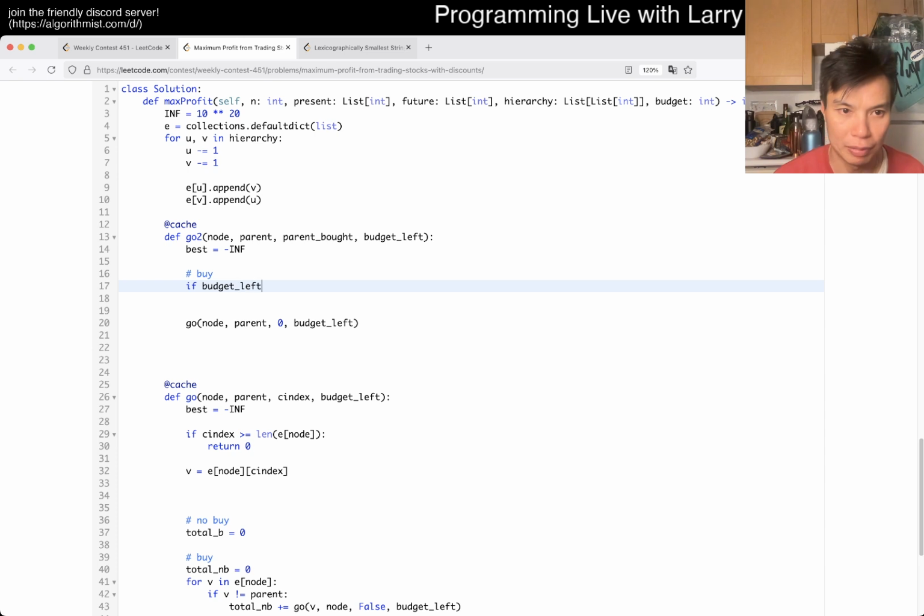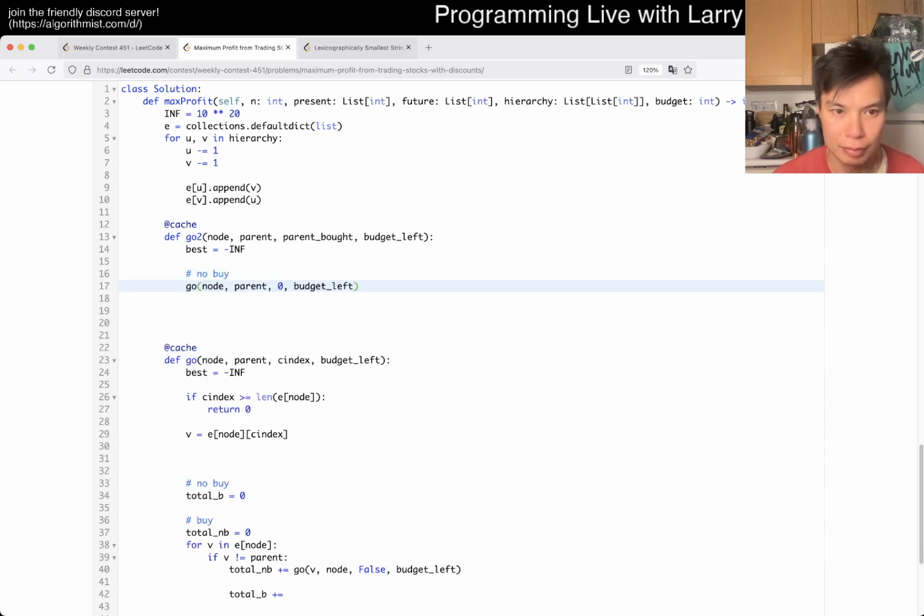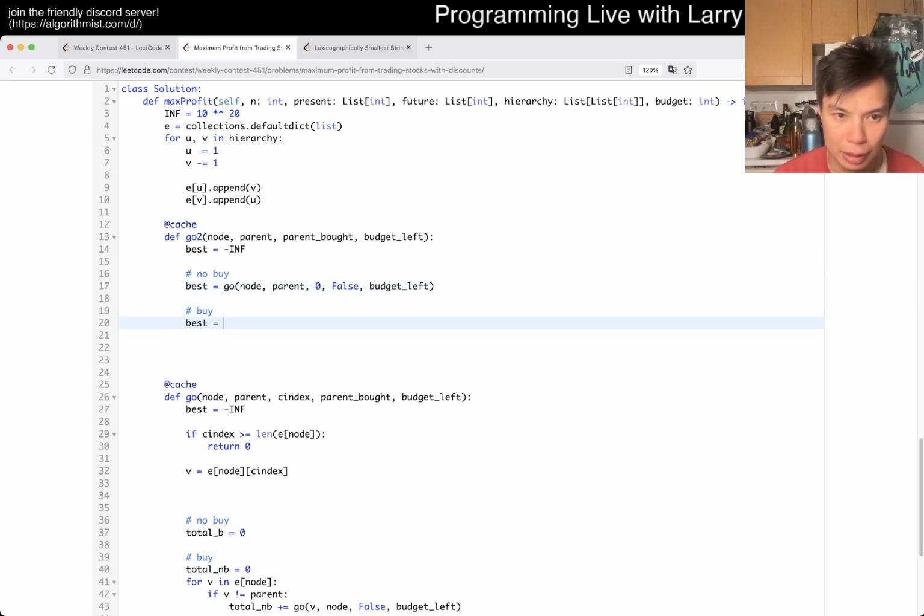All right, let's just do no buy first. Okay, so no buy, we do this. Is that good? Yeah, we didn't buy any. I guess we do need parent bought actually. So then this is going to be false, budget left, right? Okay, and then buy is going to be